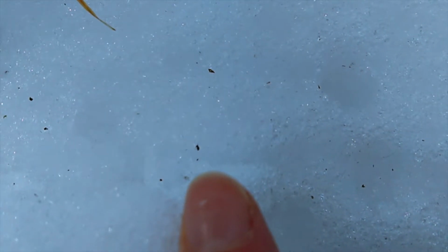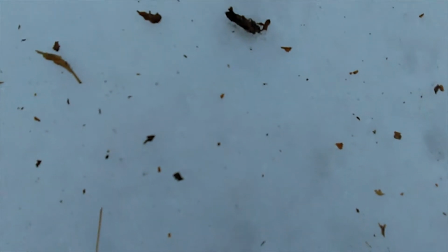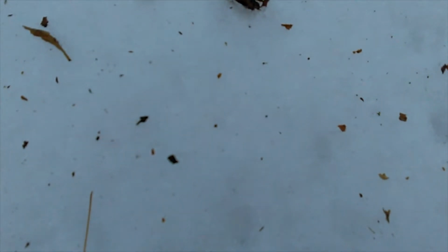The downside of looking at the base of a tree is that very often tiny bits of bark, leaf, or needle litter the snow's surface. Sometimes the only way to tell the difference between a bit of bark and a snow flea is to wait for it to move. While some species of springtails are considered agricultural pests, many are decomposers, eating and breaking down